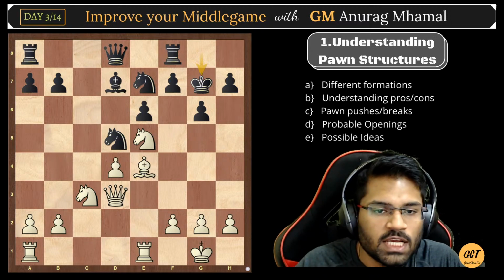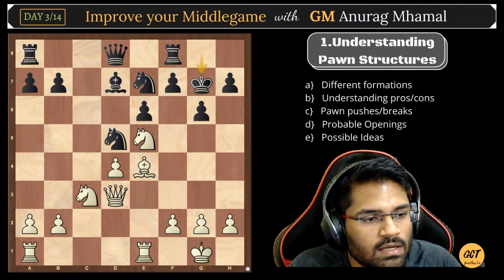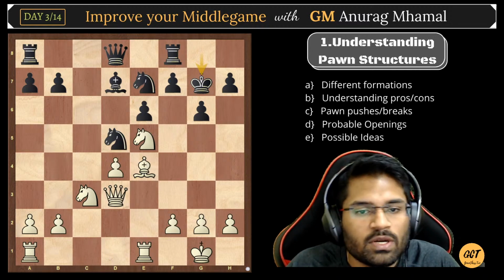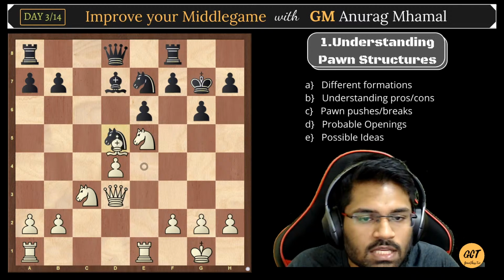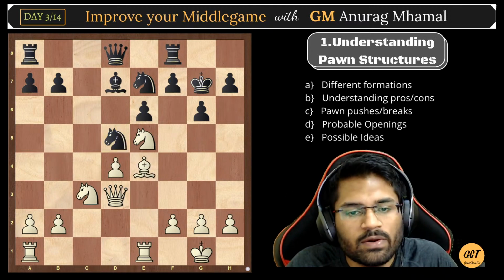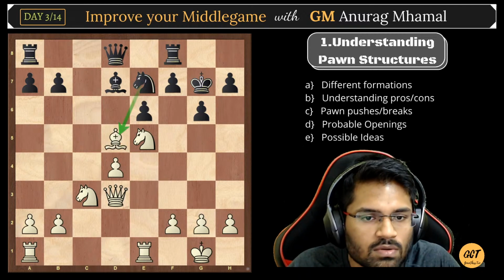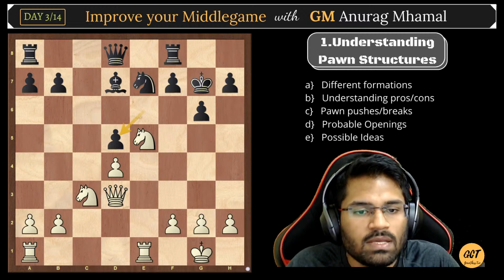He can go for changing the structure a little bit. Anybody? Yes. Knight into d5 and bishop into d5 are two ways to change. Sometimes it's better to take with the bishop. Sometimes it's better to take with the knight. Here it is better to take with the knight because the point is that he is not forced to take with his knight only. He can take with the pawn, and maybe he can